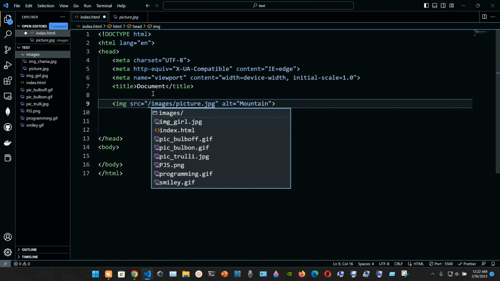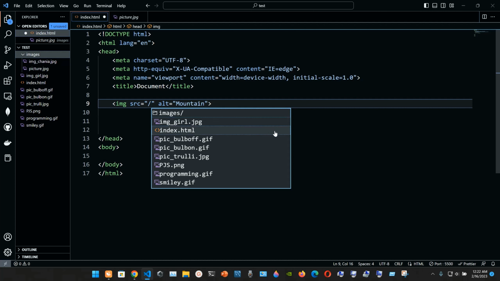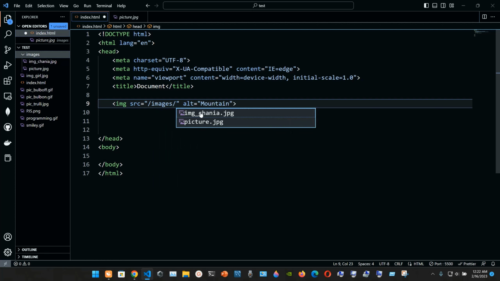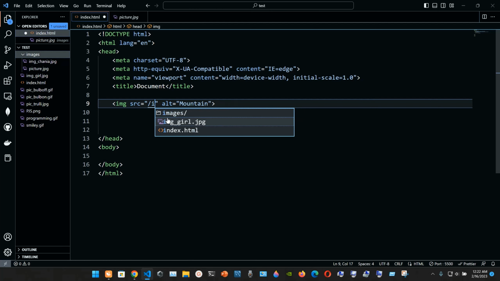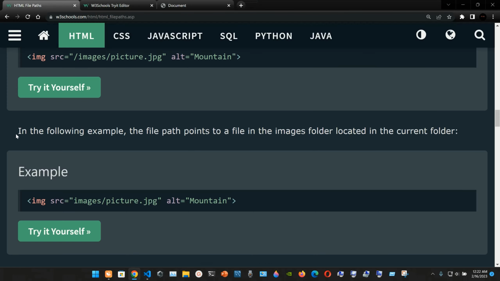For example, if I just go to the images type source, then equal sign, and then double quotes, and now I press forward slash, I'm gonna see all. For example, I have images, and inside of the images I have two pictures. I have the picture.jpg and the other one, so I can choose from that one, or I can just go straight to images and then choose the second one. So in my case it's working. Okay,